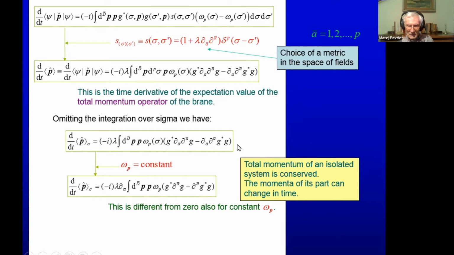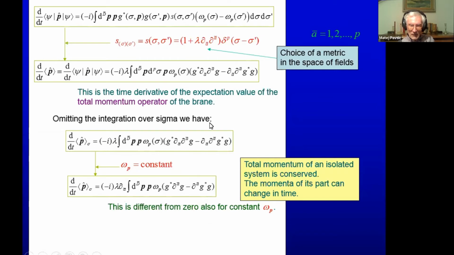This is this one. Now, by doing this, we can take omega constant and arrive at this expression and put omega, because omega is constant, we can take this one of those partial derivatives out of the integral. And this is then just like divergence of a certain current. Now, look,